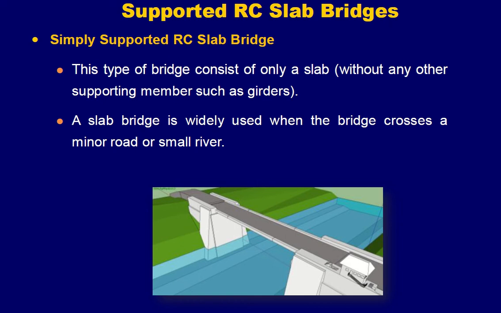So if the span length is not that long, you can simply provide a slab bridge. An example of this is, when you are going on the ring road and you enter Hayatabad, the bridge that is provided on the phase 3 road as soon as you enter Hayatabad is a slab bridge. There could be many more examples you will see in your everyday life. Okay,